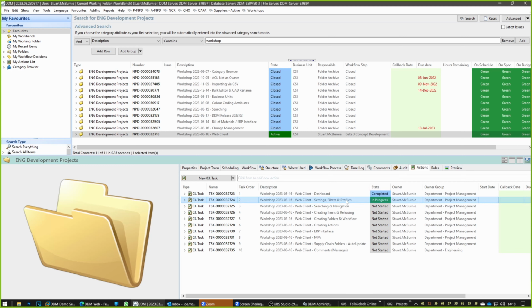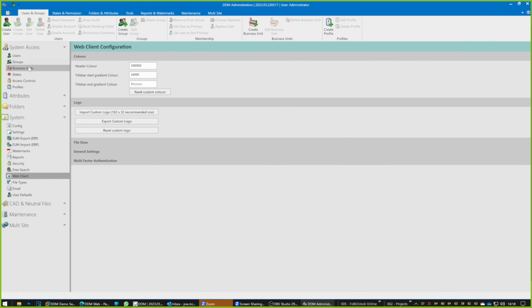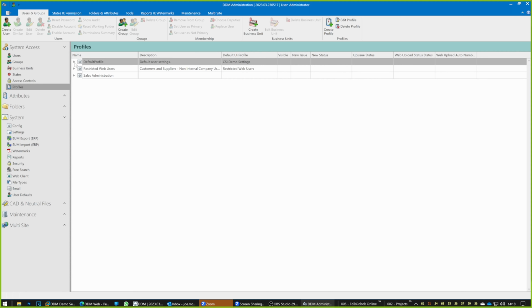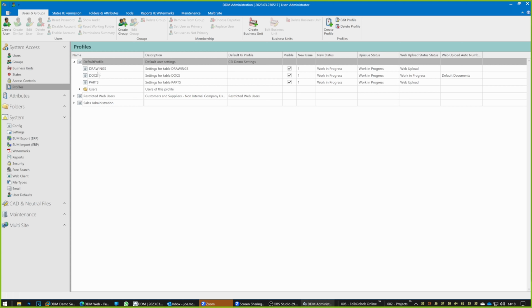Now, settings, filters and profiles. For a particular profile, if you're not familiar with it, each user within DDM is a member of a default profile. Okay, when we deliver DDM out of the box, it's called default profile, which determines your starting point as to whether you can see drawings, documents and parts. And when you create a new one, I've got mine set to beginning at issue 1. But the other thing you can do here is you can set